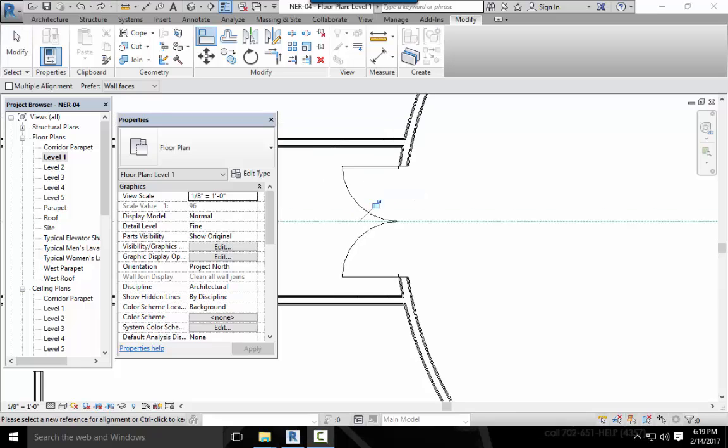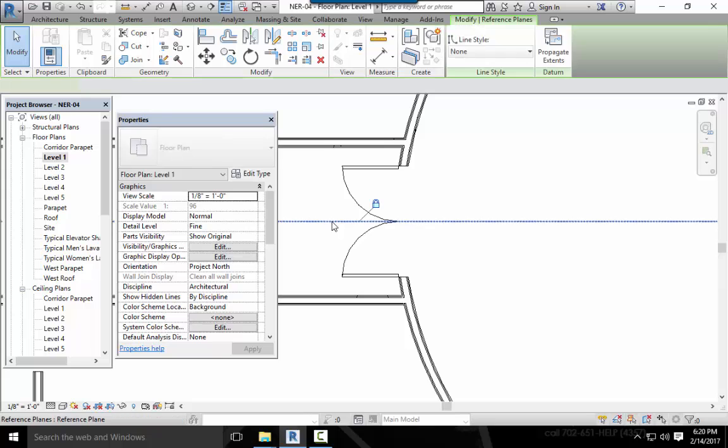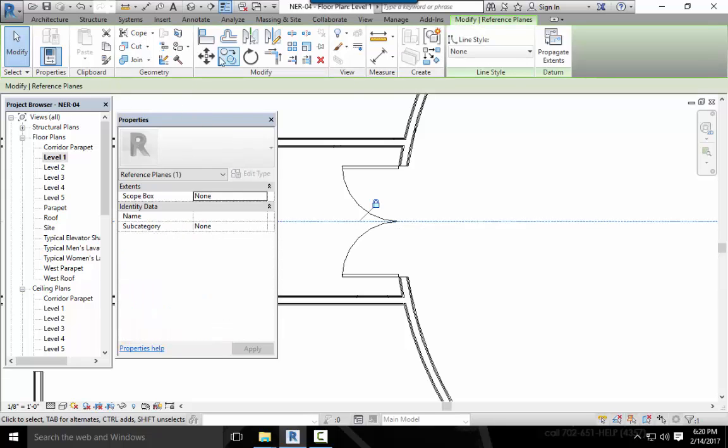Alright, so right after you align something, you see this little blue padlock? If I want to lock that alignment, meaning that door will always be locked to the reference plane, I simply just want to click it. And that basically puts an alignment constraint. The padlock closes. So, if I grab this reference plane and I move the reference plane,